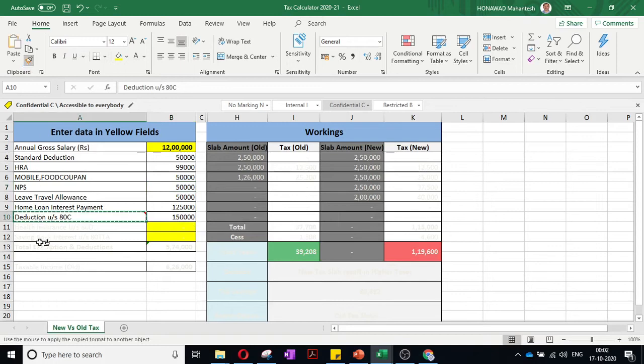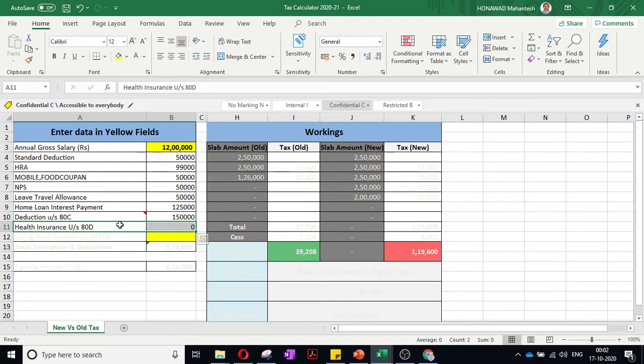Then health insurance, mediclaim is coming under 80D. You can take it for your father, mother, yourself, wife. The maximum is 35,000, that is 5,000 for you, 5,000 for your wife, and then your parents 15,000, 15,000.